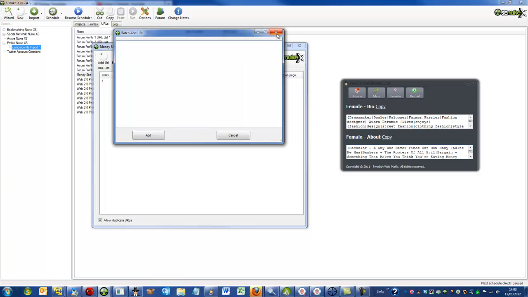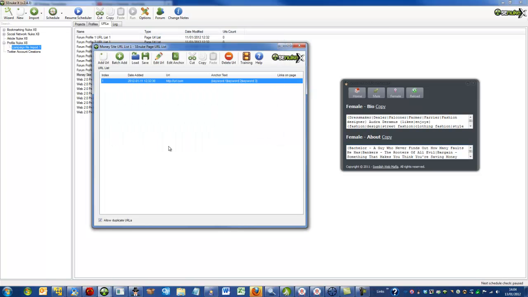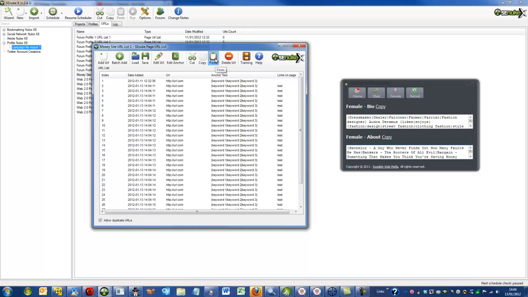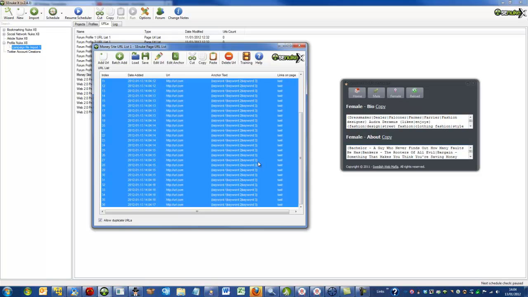And then once you've got all of these URLs there, all your tier 1 links, actually let's just give you an example. Let's say for example the scenario that these are all of your tier 1 link URLs. Basically what you can then do is click the top one, hold down the shift key, click the bottom one. Now if these are all tier 1 links going to the same money site, say for example my health insurance site, then what I'd do is right click on there, edit anchor,